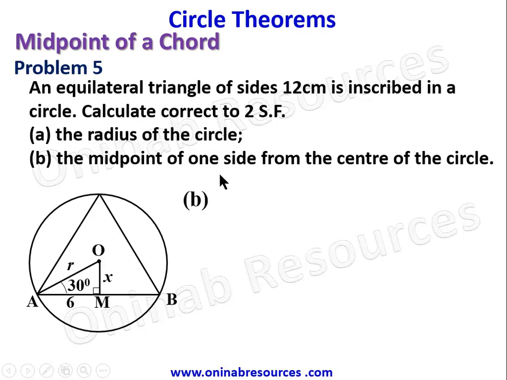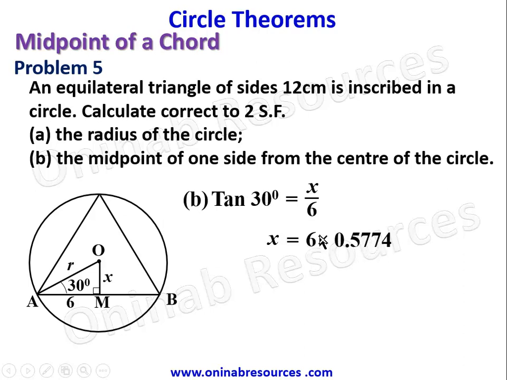We go to problem B. For problem B, we are going to look for the value of X. So that's going to be opposite and adjacent, and the ratio connecting opposite and adjacent is tangent. So we have tan 30 degrees is equal to opposite, that's X, over adjacent, which is 6. So making X the subject of the relation, X will be equal to 6 multiplied by tan 30 degrees, which is